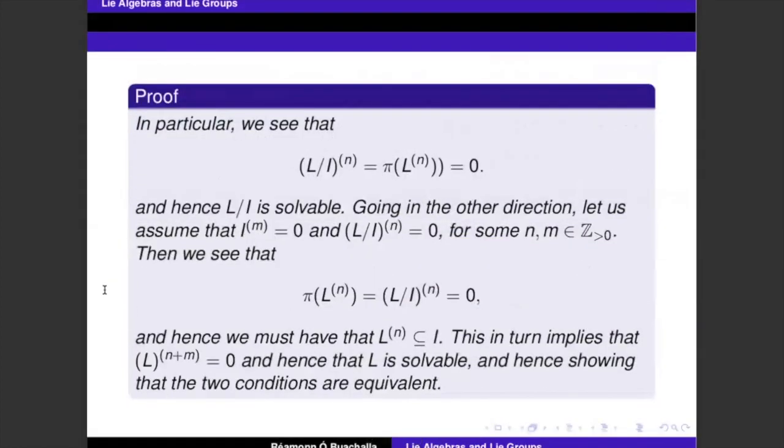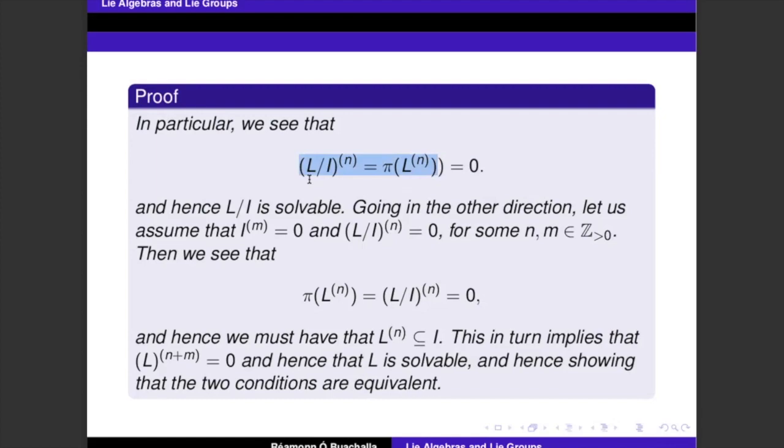So in particular, if we take the nth series, and oh, there's an extra bracket here, again, my apologies. If we take this guy here, L to the n, this is 0, because we're assuming it's solvable, so there does exist such an n, so that eventually goes to 0. Well, this is 0, so pi of this will have to be equal to 0. Okay, this is clear. But that means that because now we know that these two things are equal,